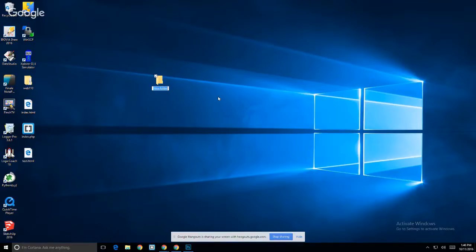So I'm making a folder on the desktop for easy access. I'm going to call mine stamp. You can call yours whatever you want, maybe today's date. And then in the, oh,